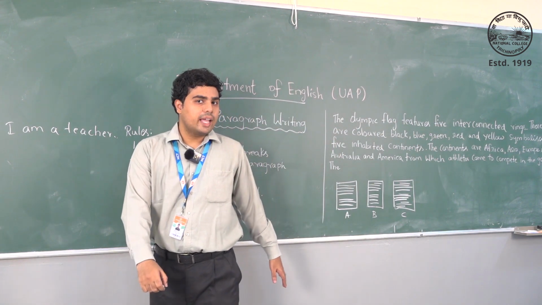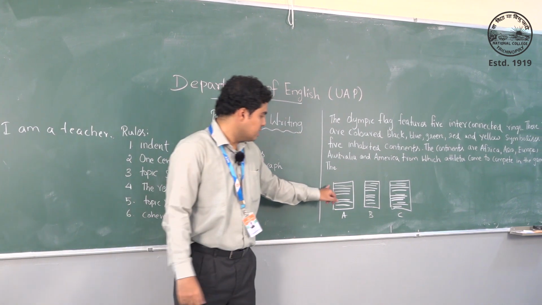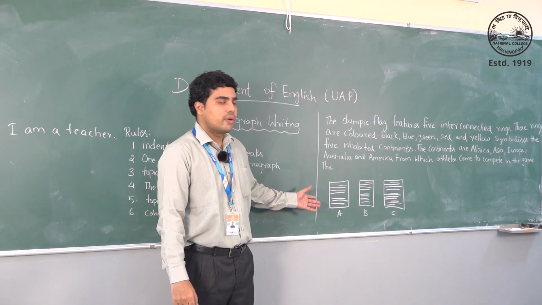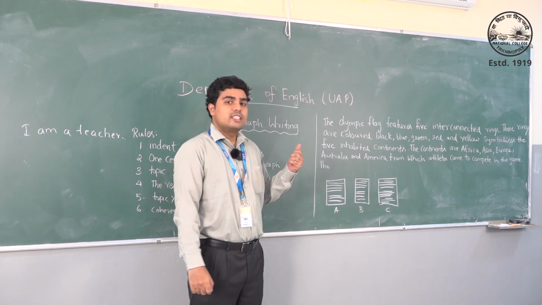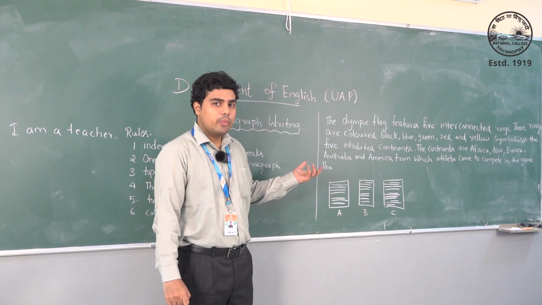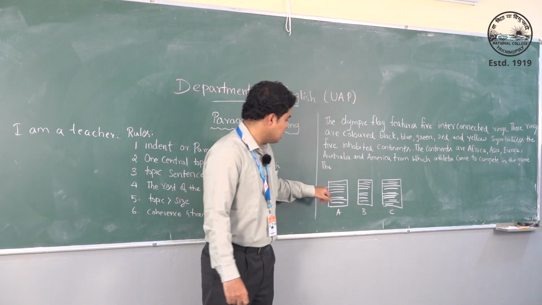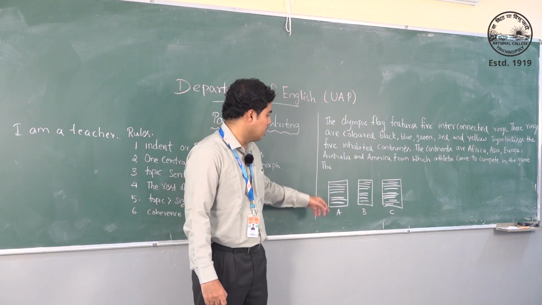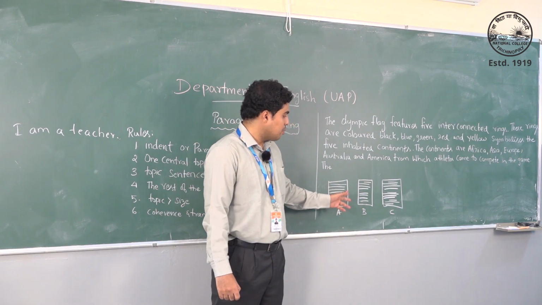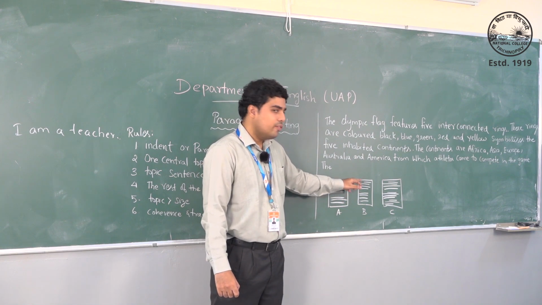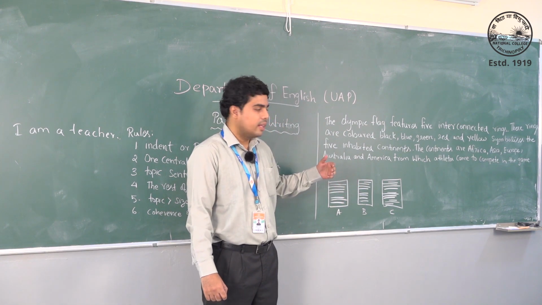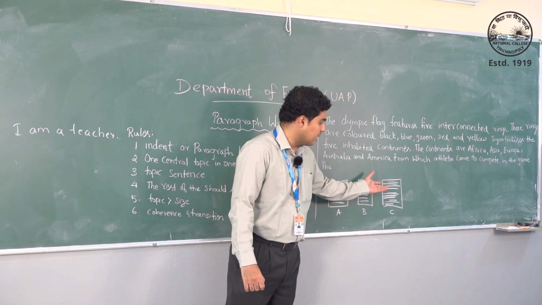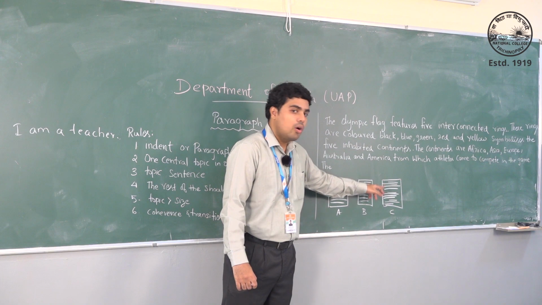for your understanding, I have drawn 3 pictures. Consider this box as paper and all those dashes are lines. This is how students write. Indent means the space which you leave before writing a paragraph. Some students write without any gaps at all, without any indent at all. The second type of students leave indent for the first paragraph alone, and the rest of the paragraphs they don't leave any kind of spaces at all. And the third kind of students leave indent for all the paragraphs.